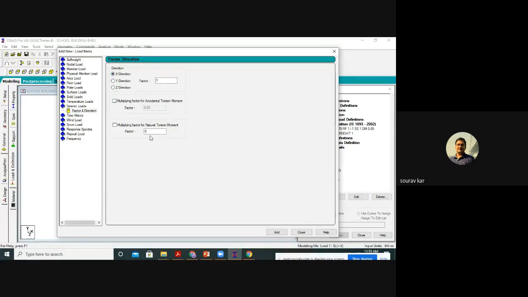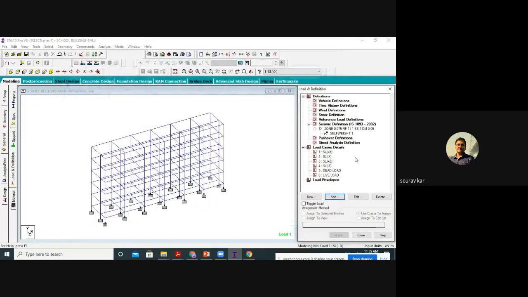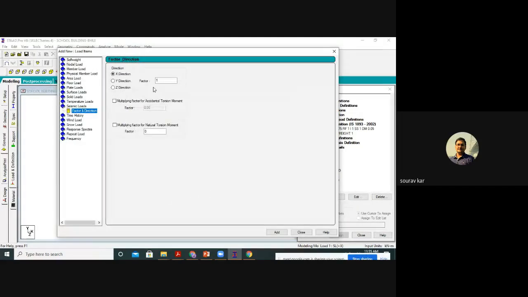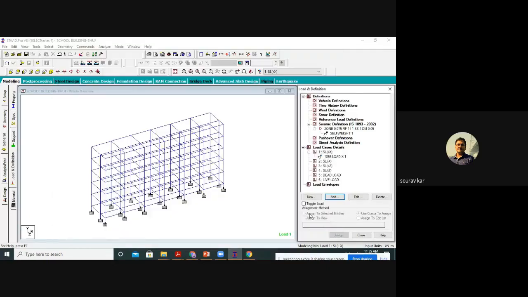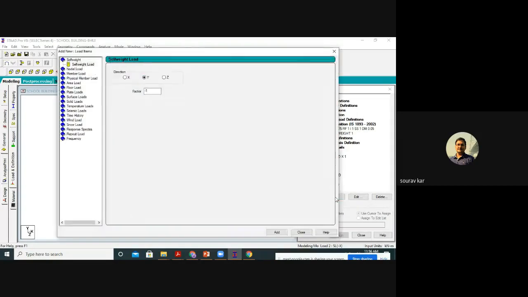I have added seismic load +1, add close. After adding, you can see the change is there. I have taken the factor 1 because it is in +X. Now for the seismic load along -X, I will select the seismic load and the factor will be -1.